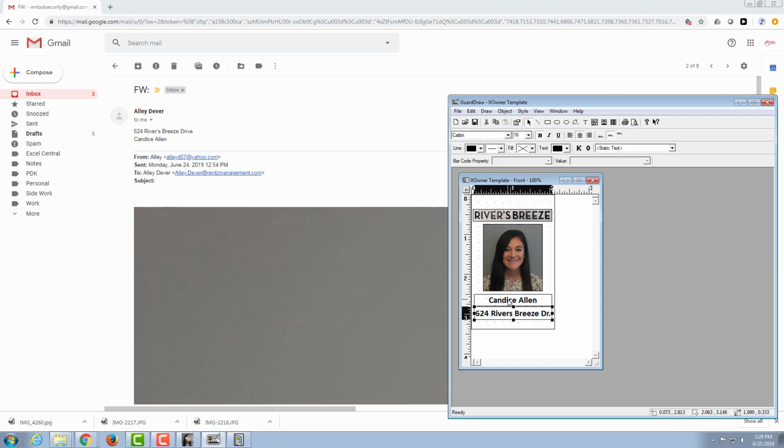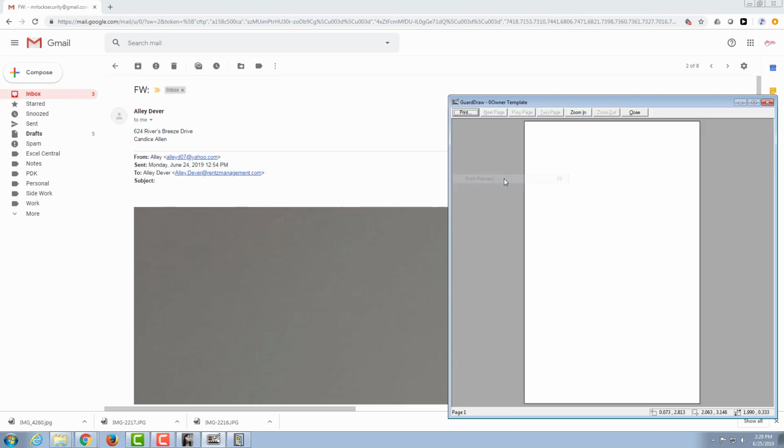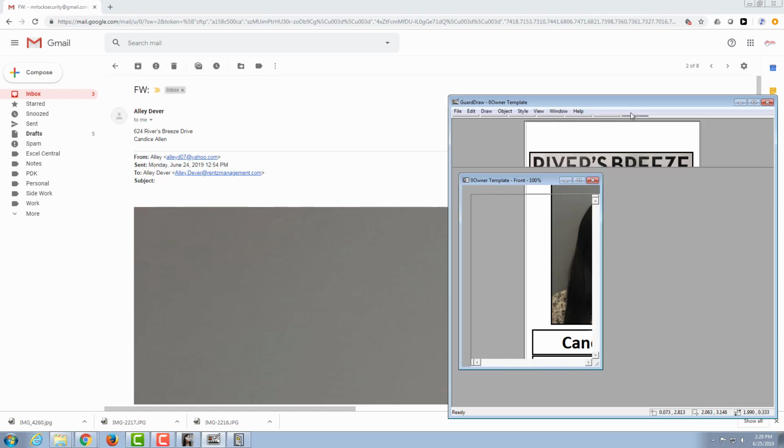Sometimes if the wording is a little long, it won't show up properly when we go to print preview. Let's check it out. No, it did. So sometimes if the wording in the box is too long, it will try to double over itself and go down to the next line, and then when you preview it, it's not going to show up right. Since this is very close on the edges of the box, I'm going to drop the font down just a hair. So if I close my print preview,